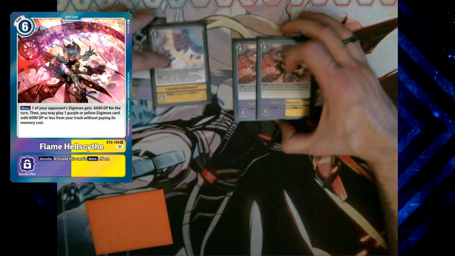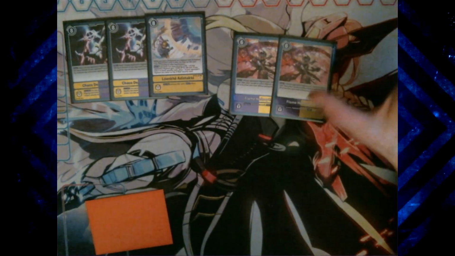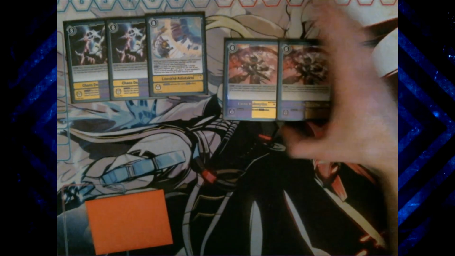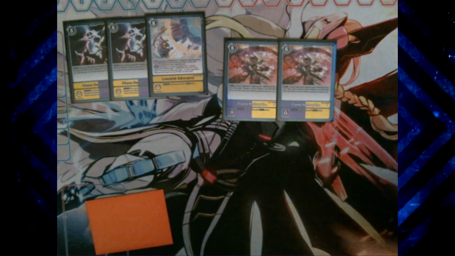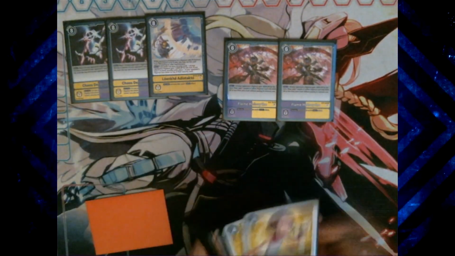We have 2 BT5 Flame Hellscythe. So Flame Hellscythe is great for removing low-level Digimon. It's great for DP reducing if you need to swing into something and you can afford the 6 memory. Obviously it's a purple-yellow, and basically what it does, it reduces 6000 DP off Digimon. Then you can play a yellow or purple Digimon card with 6000 DP or less, which is really